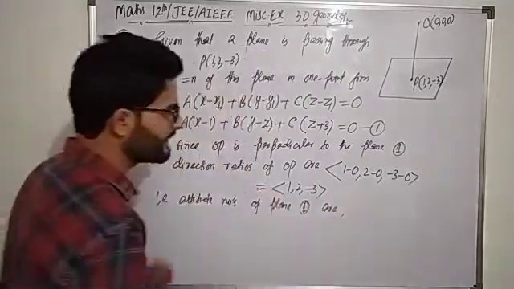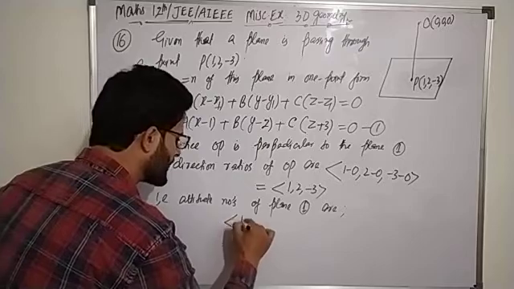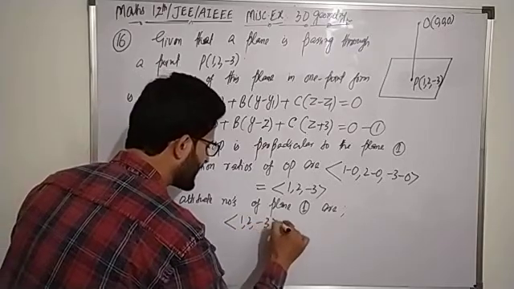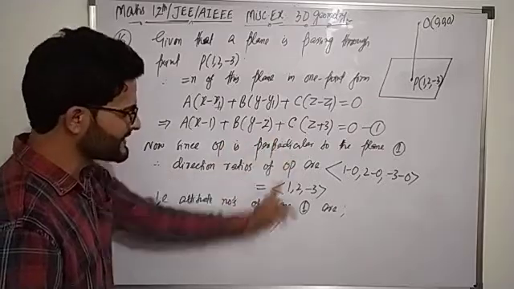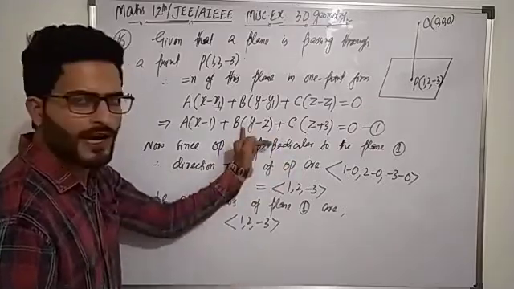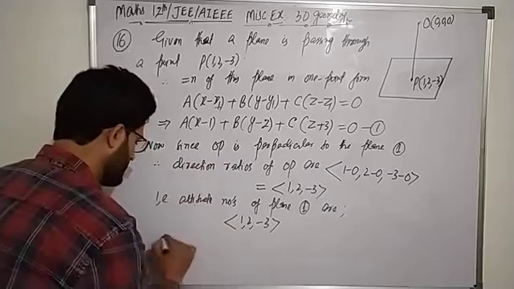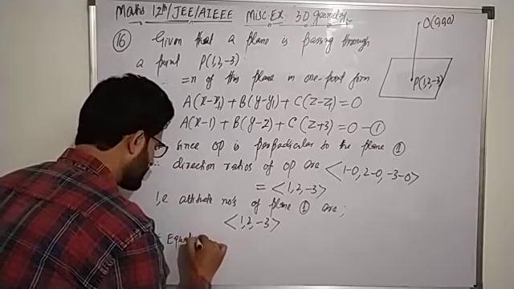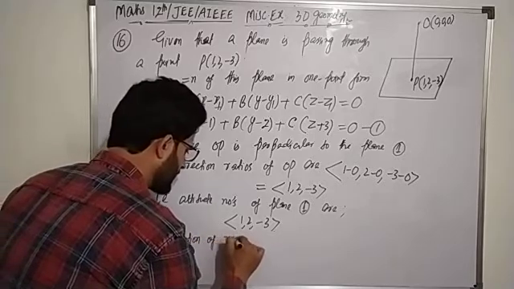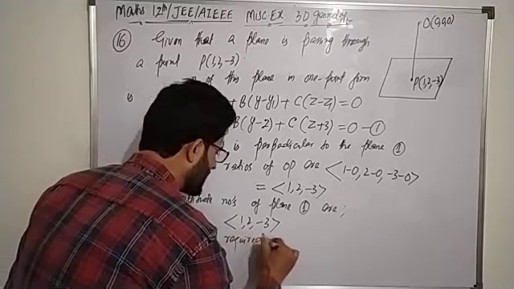तो क्या बनेंगे प्लेन फर्स्ट के एटीट्यूड नंबर? यही ऑर्डर्ड थ्री टपल ऑफ 1, 2, minus 3. So instead of A we have 1, instead of B we have 2, instead of C we have minus 3. So we can find the equation of required plane. Therefore equation of required plane is,